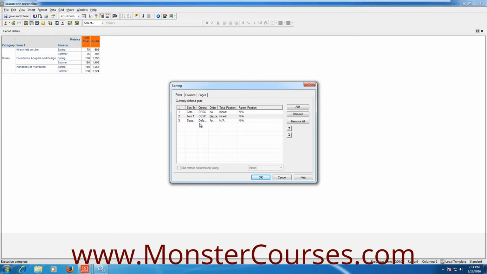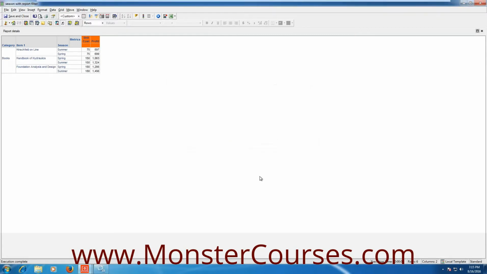Now you can also do it for the metrics. What do you want? You can do it here or you can go to columns, your wish. Now click add 2 times, on the right side. You see there you got the unit and profit as well. Am I right? You can do an ascending, descending combination of it. Click OK for now. Look at it, it's got rearranged.